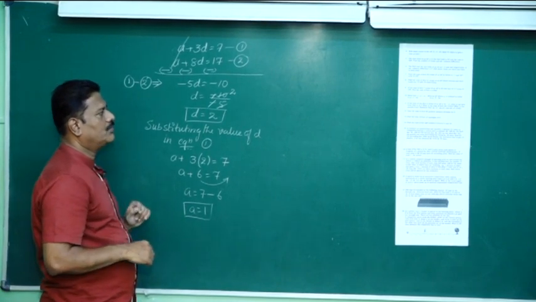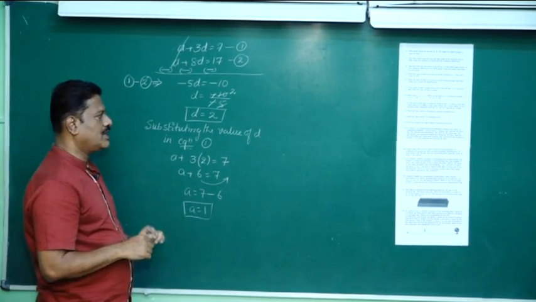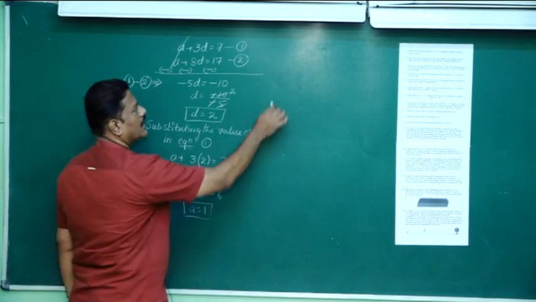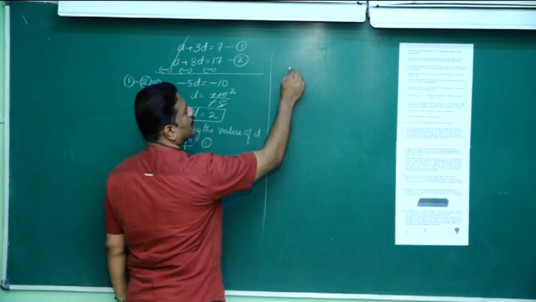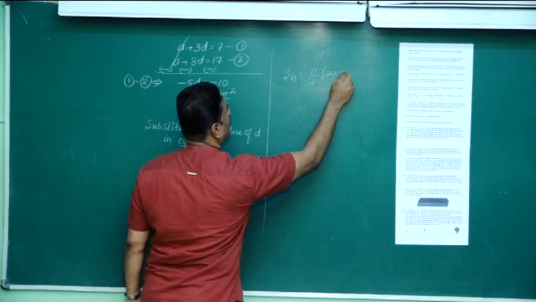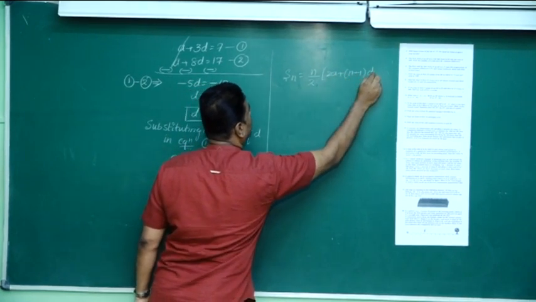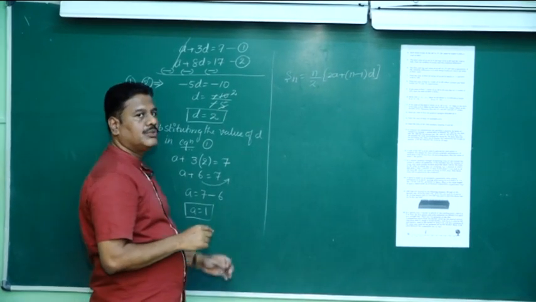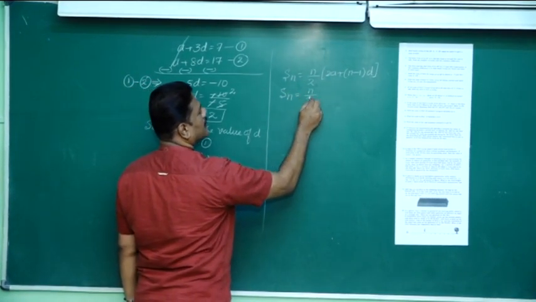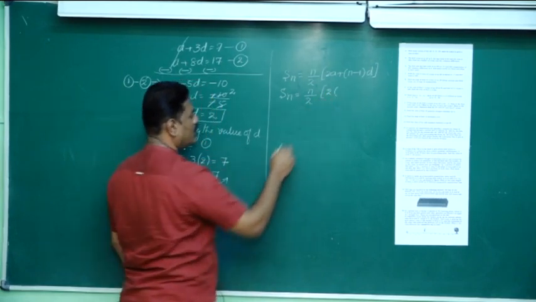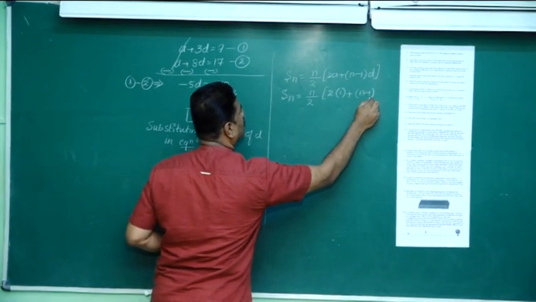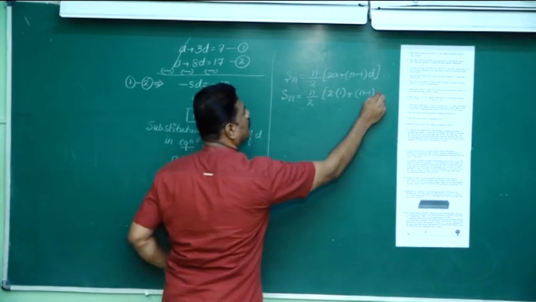But you cannot stop the problem. You have been asked to find the sum to n terms. Now you have calculated a, you have calculated d. I go for the calculation of the sum to n terms. So the formula is Sn = n/2 [2a + (n - 1)d]. I want to calculate the sum to n terms only. So n remains as it is, but 2 into a, a is 1 here. So I write 1, n not known, and d we have just now calculated as 2.